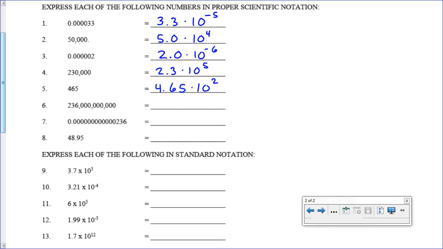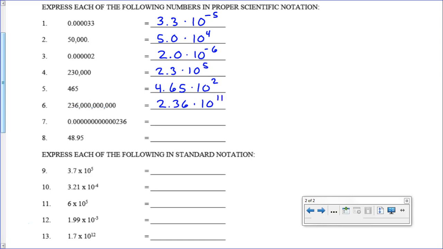This next one, really, really big number, all right? Decimal point, remember, if it's not written, it goes at the end, so it's right there. We're going to bump this over 1, 2, 3, 4, 5, 6, 7, 8, 9, 10, 11 spots. All right, so we get 2.36 times 10, and it's going to be to the positive 11 since that was